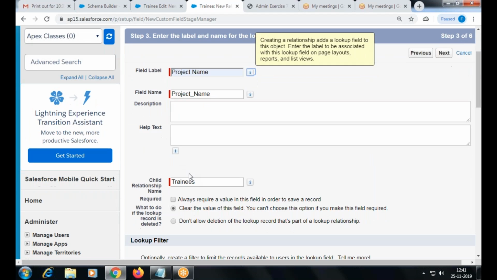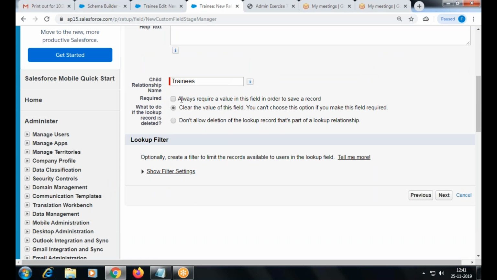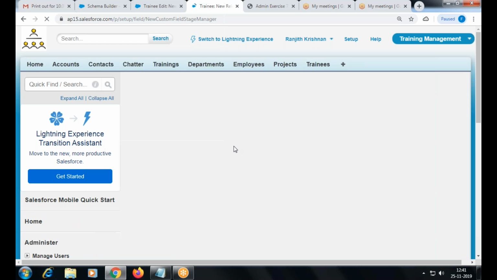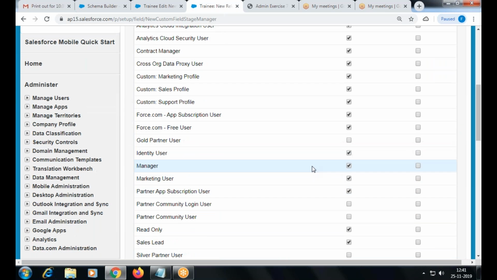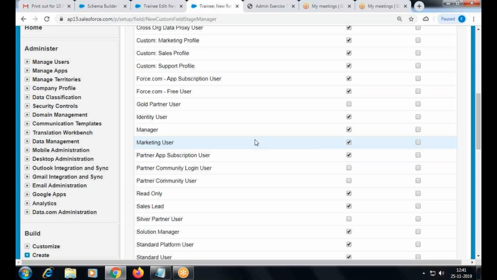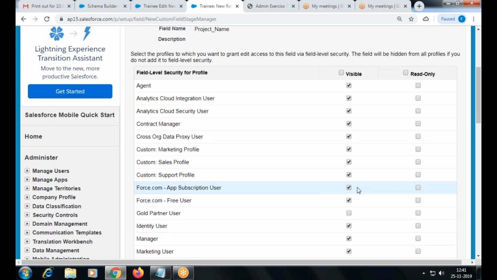Okay. And here I can make the field a required field. Optionally, I can make this, or else I can leave it optional. And there are two options here. Okay, I'll discuss this later. First, we'll create the relationship. Next, I can decide whether I can add it to the page layout or not. I mean, assign to the profile or not. I can decide because it's an optional field. I can make it read only, or else I can remove the field's access from any profile.